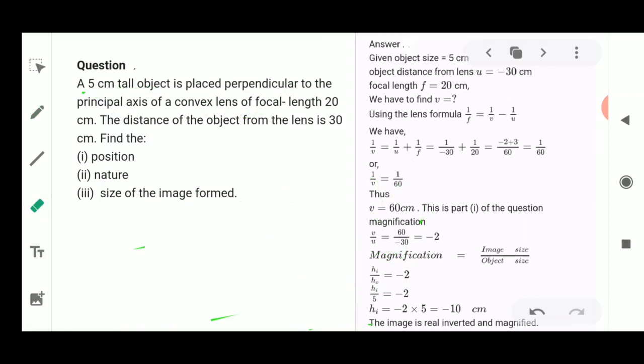Okay, so this is how you are going to solve the numerical which is based upon the lens formula. Again, it was a very easy one, because you had the values and you only substituted them in the lens formula. The main thing I wanted to remind you all is that while solving numericals, you need to know the sign convention method, how to use the signs which I have taught you in the sign convention part. So please remember how to solve the question and then how to use the sign convention.